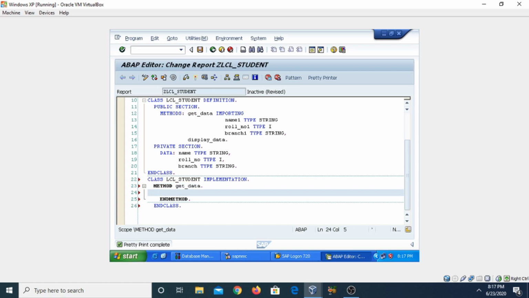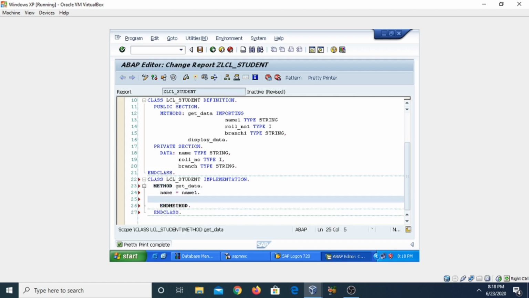Now in this method we will define what operation the method will perform. So the attributes of the class will take the values from the temporary parameters. Name equal to name1, roll_number equal to roll_number1.